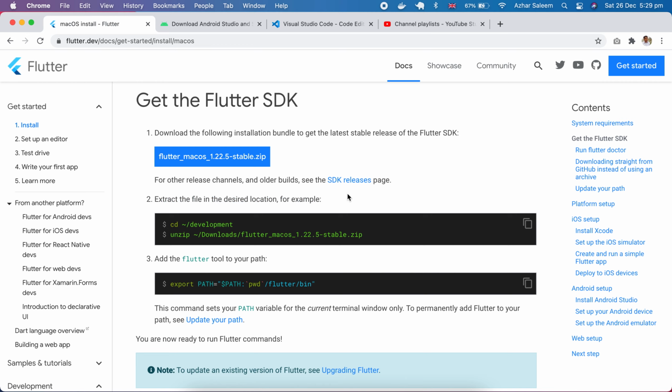I prefer to keep it under your user folder, unzip it there, and add the path of where you placed this folder, your development folder, and inside that folder there is a bin. You have to export the path,